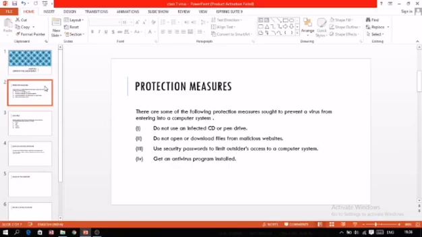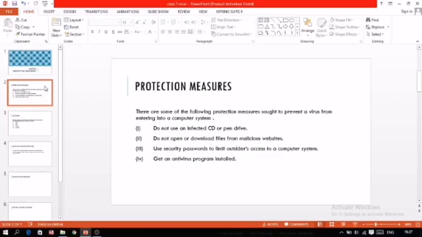There are different types of passwords you can set, like a fingerprint, face recognition, or different types of patterns. In the same way, you have to set a password on your mobile and on your computer also, if you don't want other people to access your computer system.